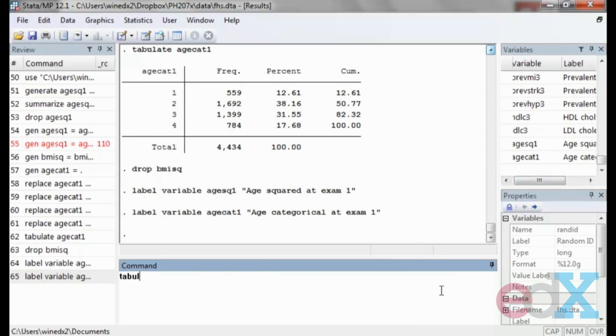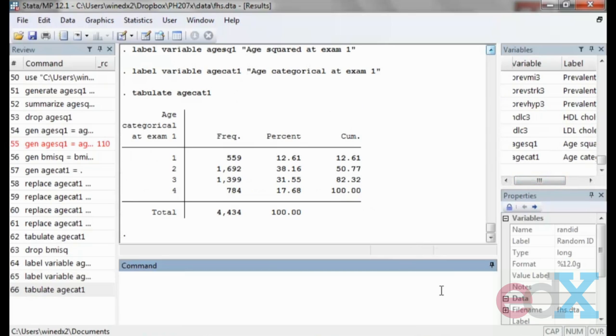However, when I type tabulate AgeCat1, you can see that within my rows, all I have is 1, 2, 3, and 4. And I either have to have a really good memory and know what 1, 2, 3, and 4 stand for, or it would be really nice if I could label the values 1, 2, 3, and 4 such